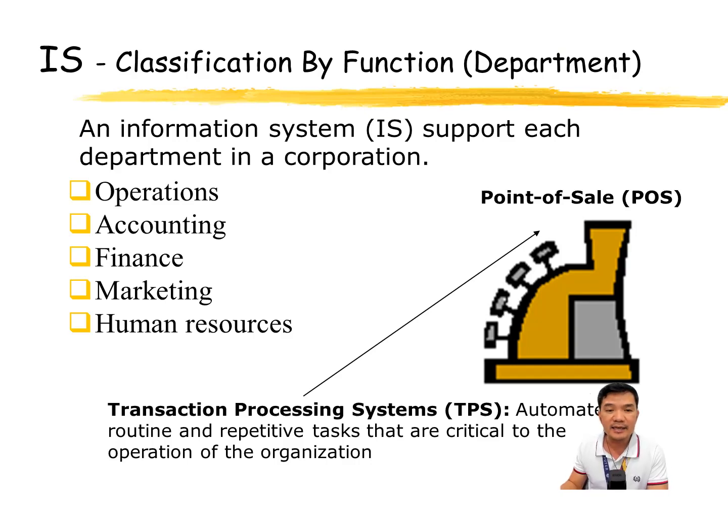So we are looking in this perspective at how information systems support various functions, and they can also be named depending on those particular functions. And most of these systems are called transaction processing systems. The majority of these systems support transaction processing, which can be considered routine or repetitive tasks of the organization. And they are very critical, when we go back to our main framework, because